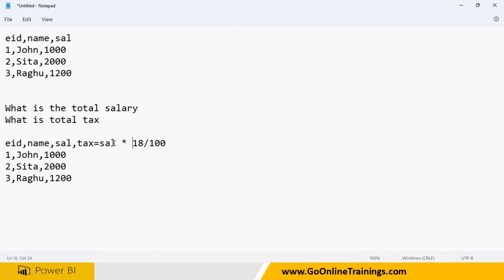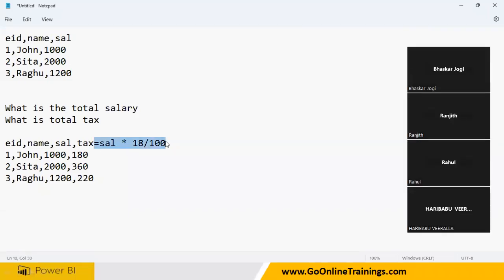So that is what DAX is. So 18% of 1,000 will be 180, then 360, and like that, 220. I have some data. Now the tax column,